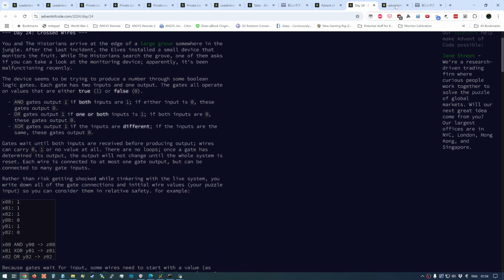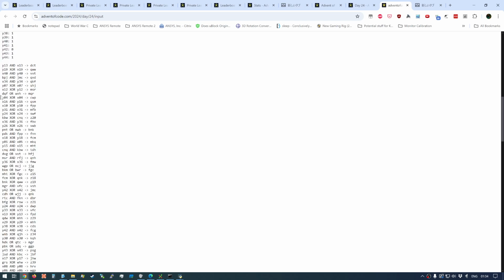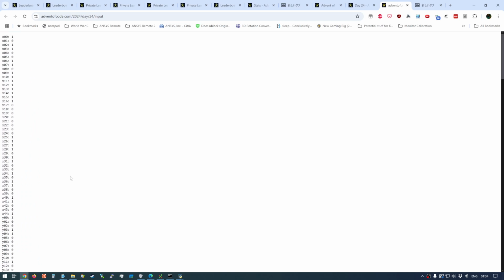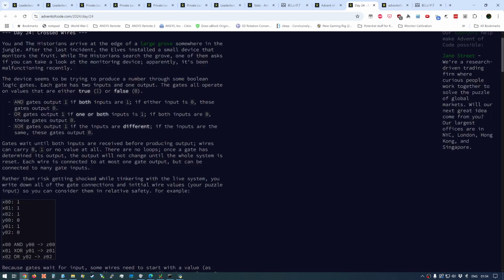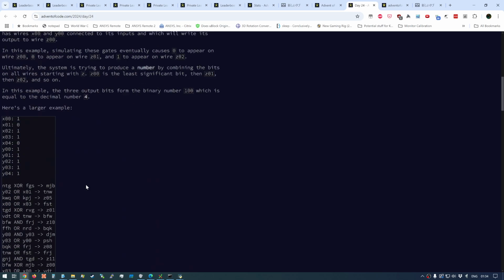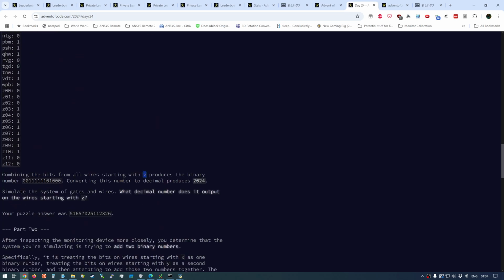So we have this input here, which is a bunch of signal wires and a bunch of logic operations and outputs. So for part one, really all we have to do is run this on all the output wires. The output wires being the wires starting with Z, get the bits, convert that to a number, and then return